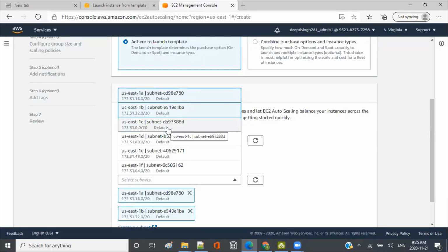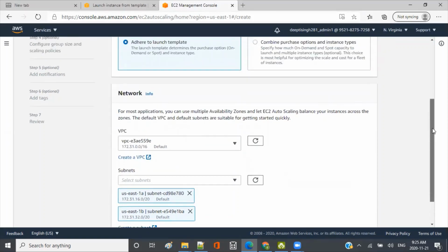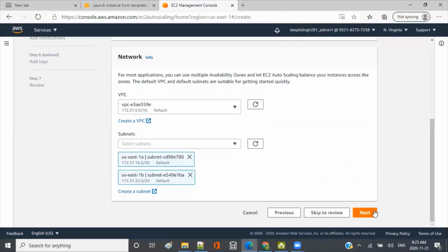If you choose 3, then it will use some algorithm, and using that, it will try to equally launch the instances in those availability zones, right? So I just want to do it in 1A and 1B. And then next,